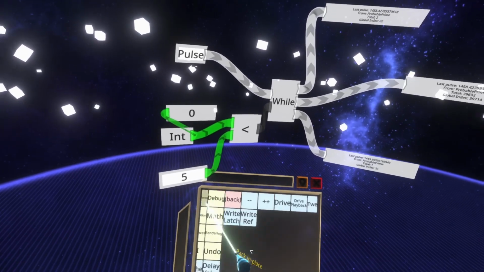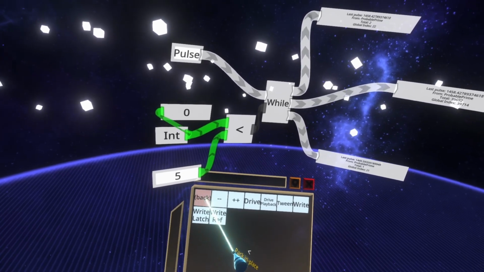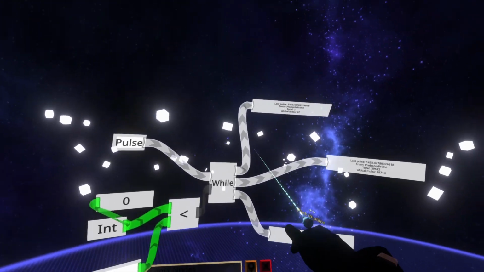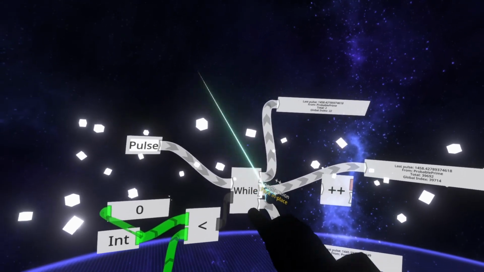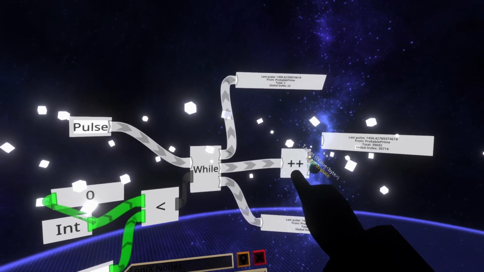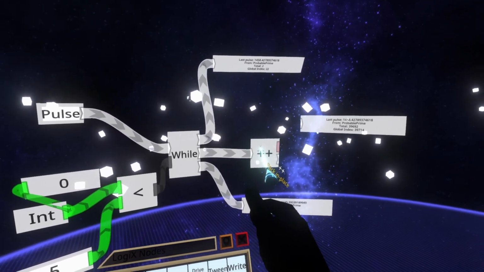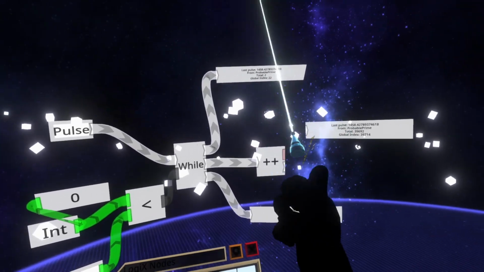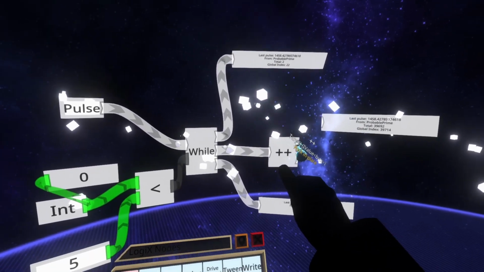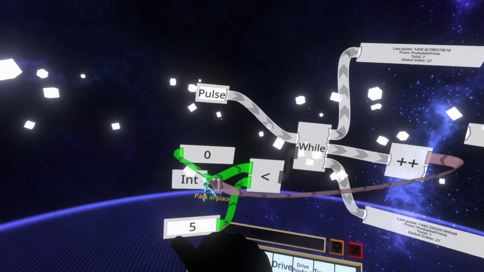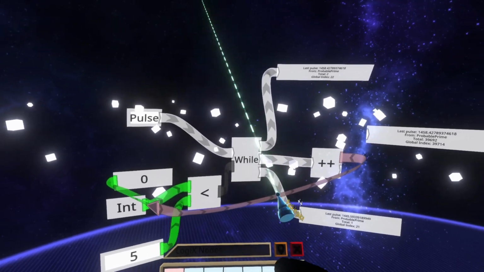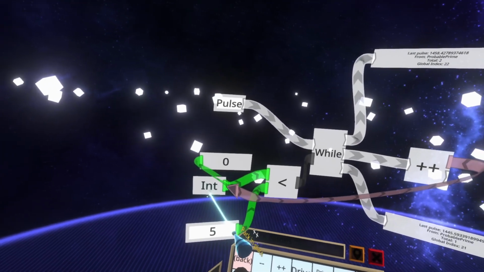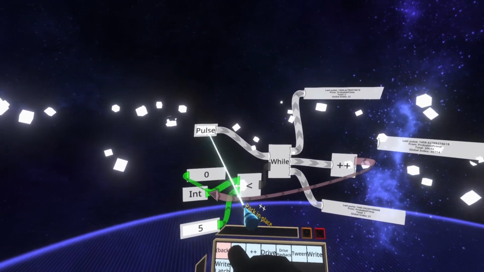But let's say on the output of the loop, we use the ++ node from actions. There are 2 ++ nodes, so do make sure you're using the one from actions for this. And we put that onto the loop iteration output. So we plug this in here. What this node does is, using an impulse, it will increment a number, usually by 1. And we can plug this target here into the int. And then what this basically means is each time we go through the loop, increase the value of int over here by 1. So now when I hit pulse,